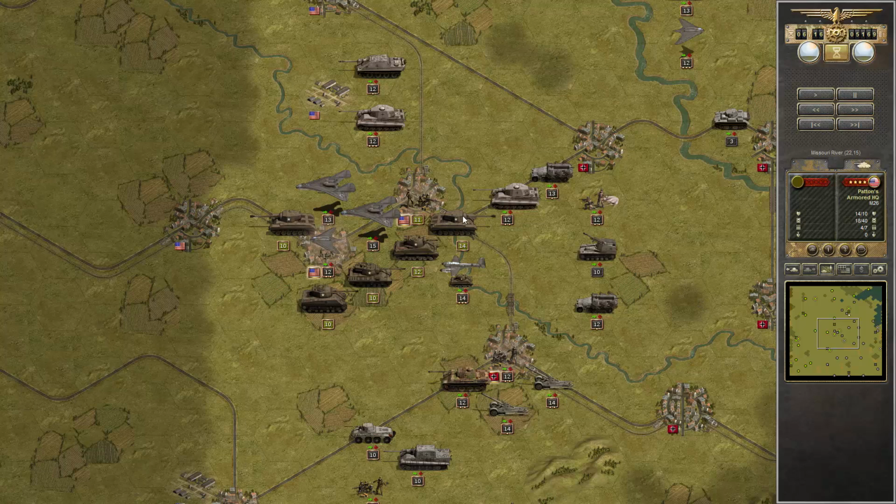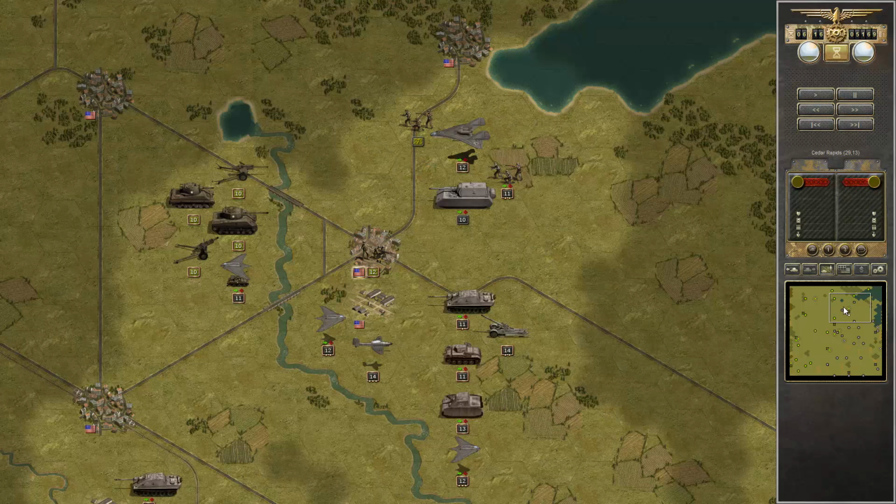The only thing that took the trap: they always try to block this bridge. I don't know why, it doesn't help them at all, because this is the worst position ever, as I can't go over the river anyway. The bridge is blocked, so why put a unit on the bridge? I don't know. And they put Patton on it, so now he's vulnerable, and now we can start to